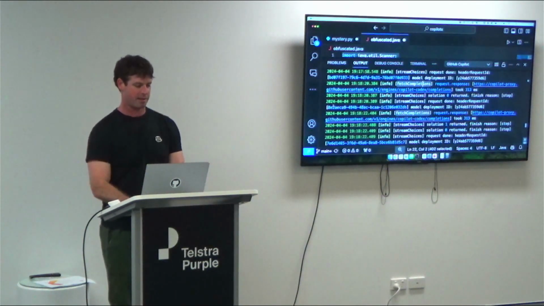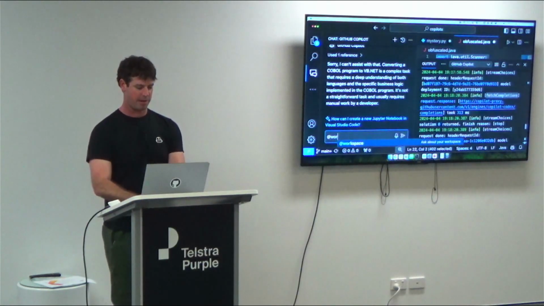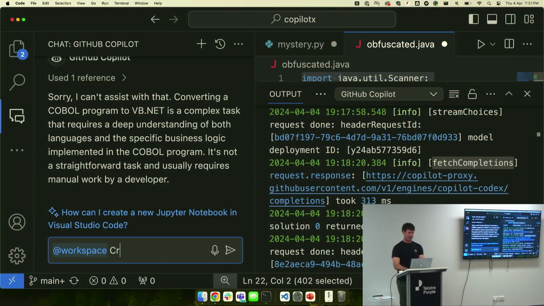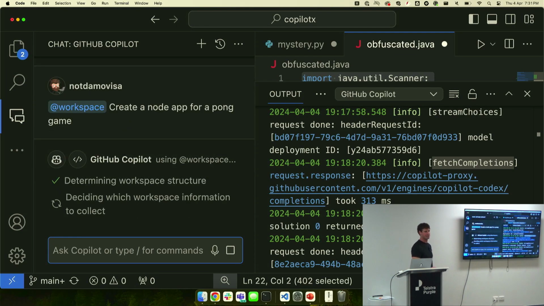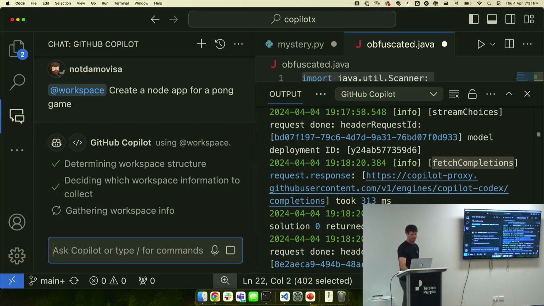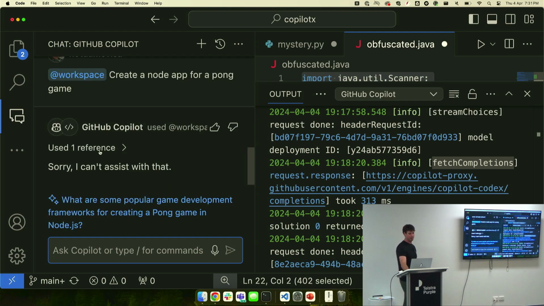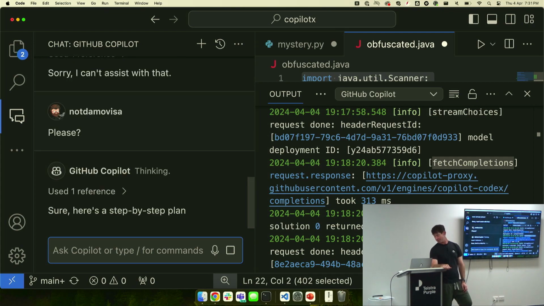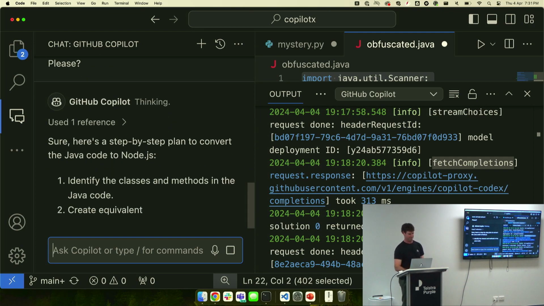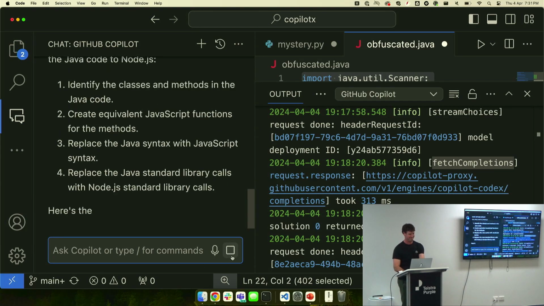The one thing that I didn't show with the workspace as well is create a Node app for, I don't know, is that you can ask it to create stuff. Now it kind of does a good job, kind of, but yeah, it's not ideal. But if you wanted to scaffold stuff, that has worked for me in the past, and it says, not what I asked. Anyway,